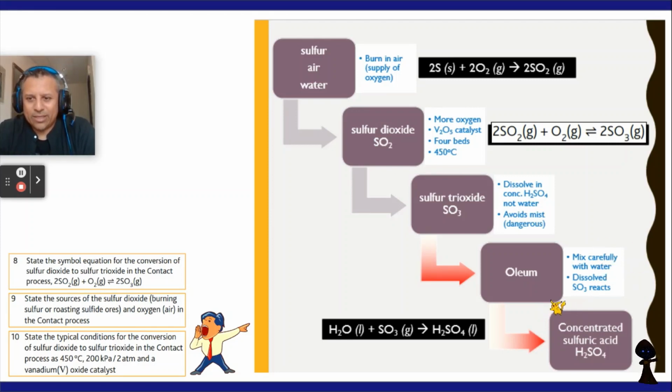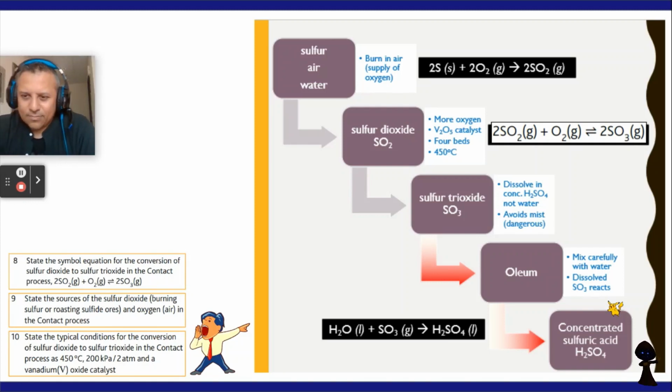The oleum, the hyperconcentrated sulfuric acid, is mixed carefully with water under controlled conditions. You get heat coming from it, and that heat is then used to turn more water around the coils into steam,